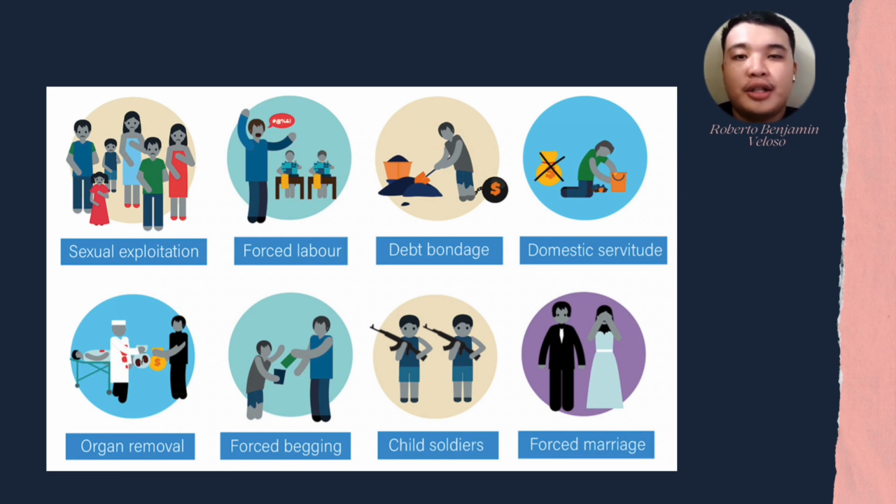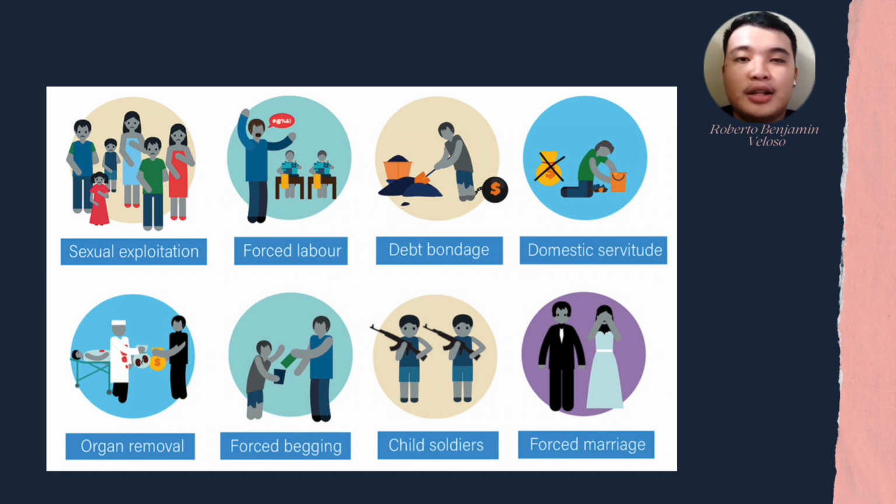Child soldiers. It involves the unlawful recruitment or use of children through force, fraud, or coercion as combatants, for labor, or for sexual exploitation by armed forces. They use children in the armed forces. Like in the war in Iran, sir, you can see children holding guns, being trained so they can be used.